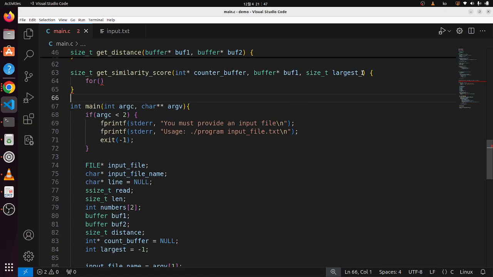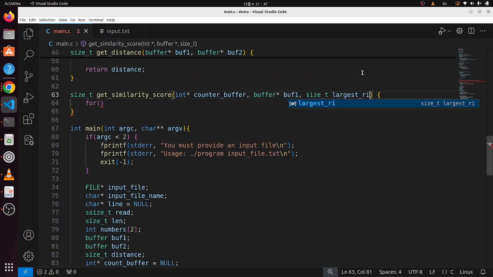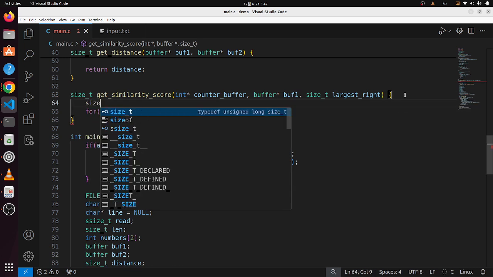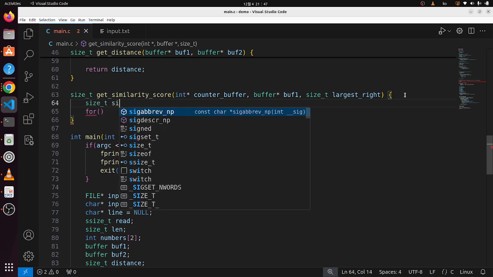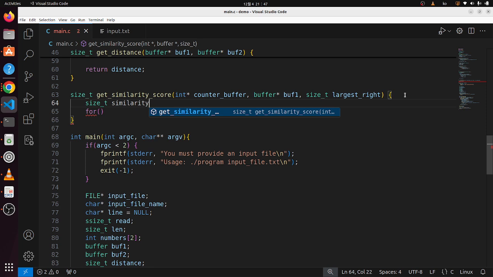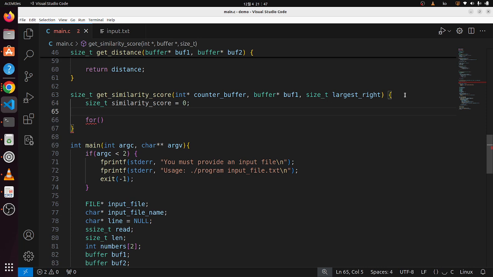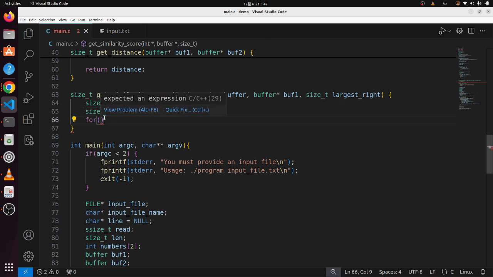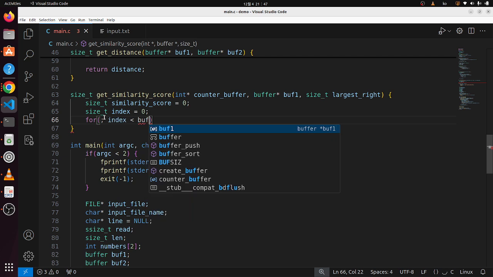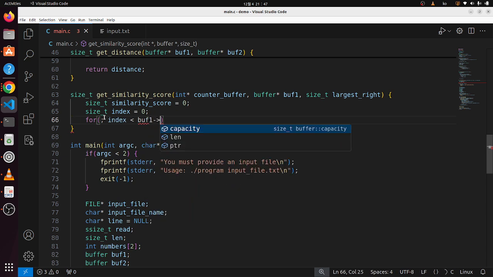Largest value on the right. So let's call it largest right. Similarity score is initialized to 0. Then let's keep an index here that's 0. So while the index is less than buff1 length,